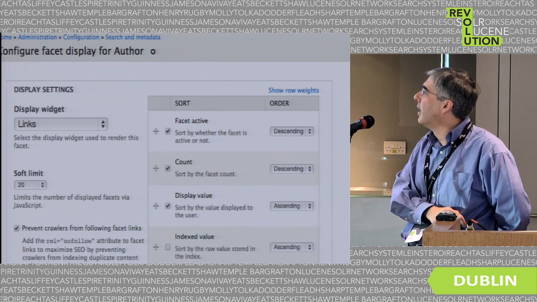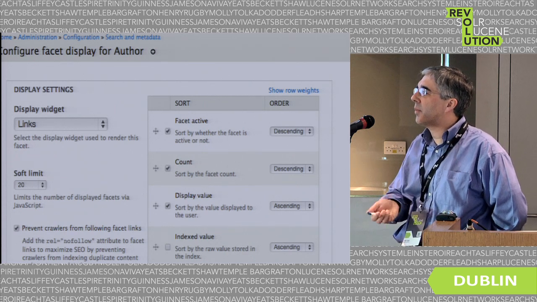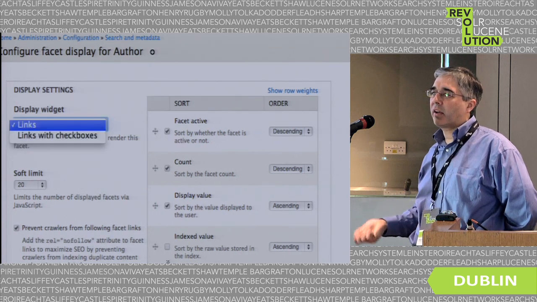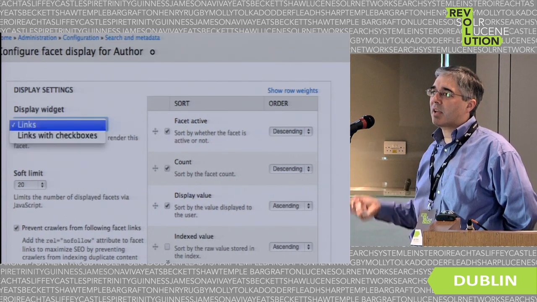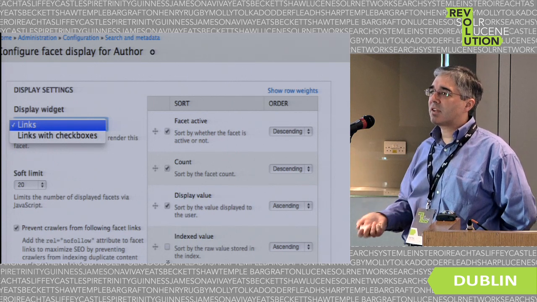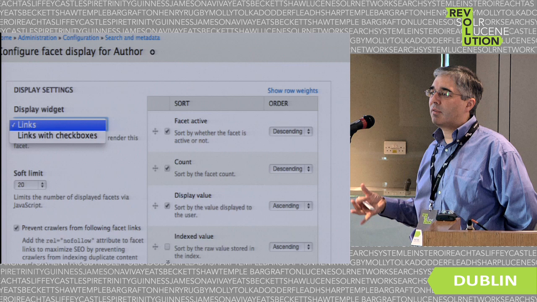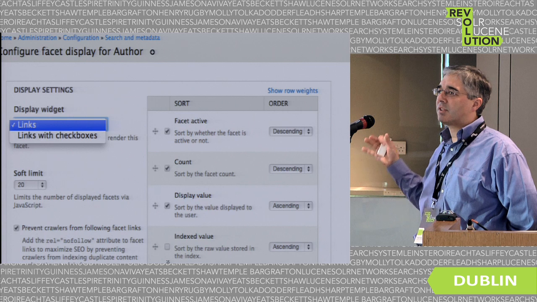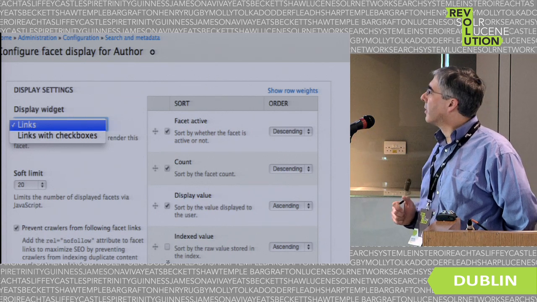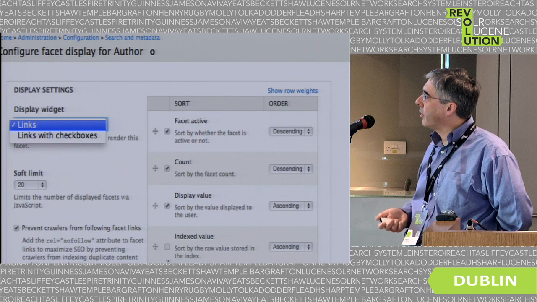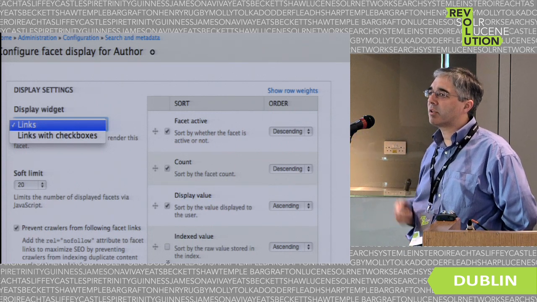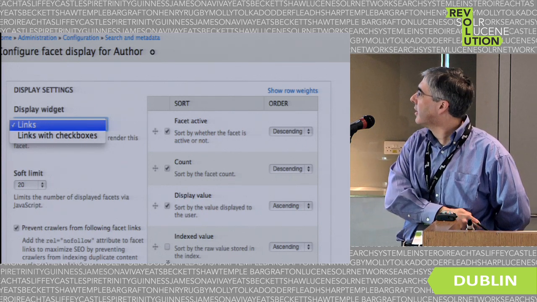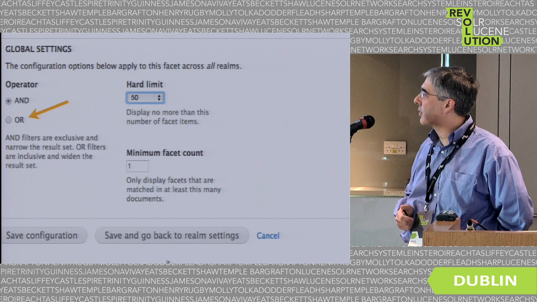without doing any coding. Just as an example for the author, I think the author might be a nice facet to use as an OR facet rather than an AND facet. By default, when you pick a facet, it will restrict to only content matching that facet. That's an AND facet. If you pick an OR facet, each time you select a facet, it actually expands your search results. So it would say this author or the other author. When I do that, I like to change the display, and I choose the second one there, which is the checkbox style. To me, that's intuitive as expanding out my selection. If I scroll to the bottom of the page, I can just turn this from AND to OR